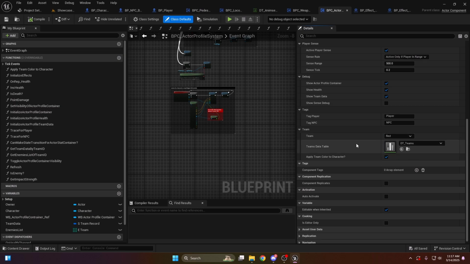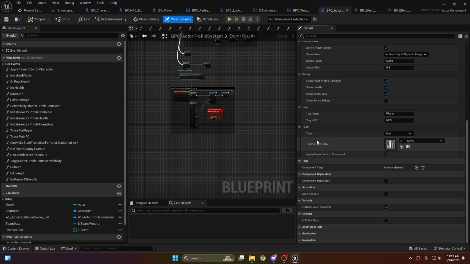But again, currently this feature is masked. It will not be available for you guys, but in a future release, we will implement these features as well. Okay, so that's the actor profile system,